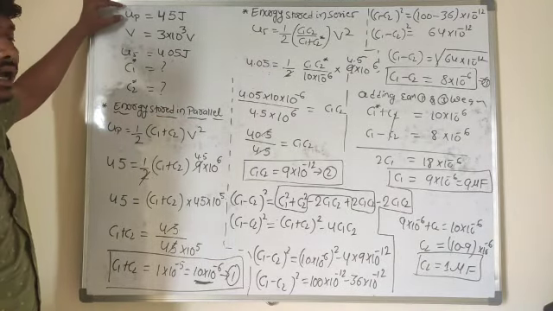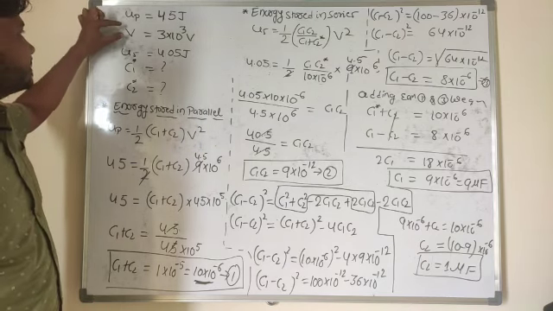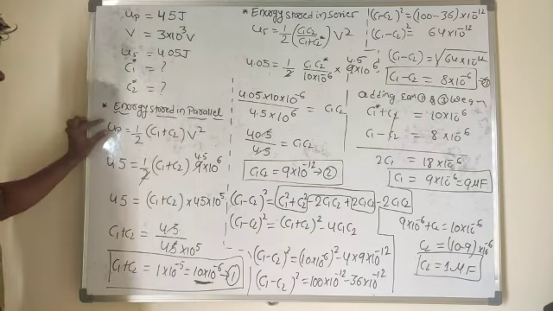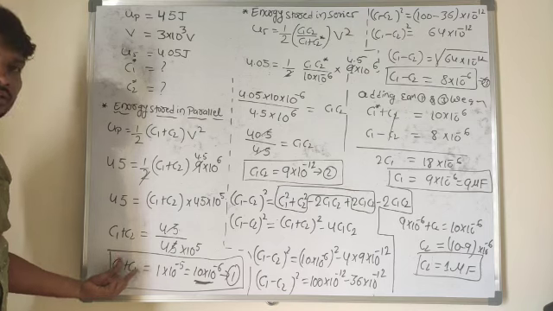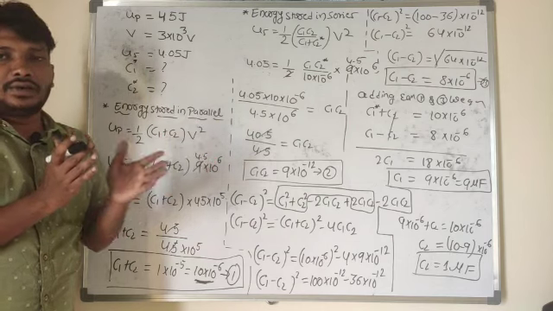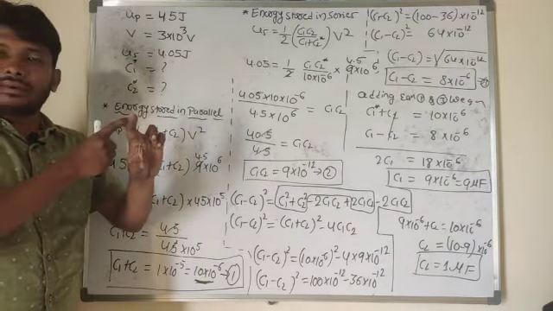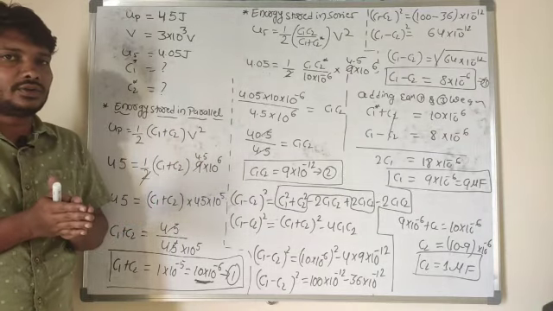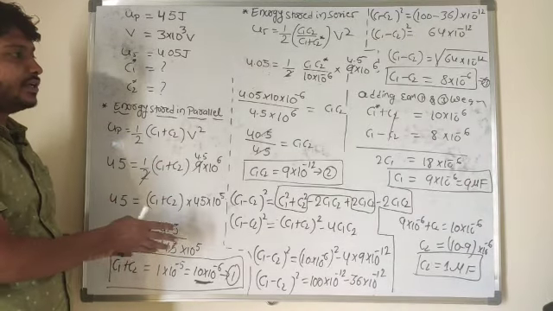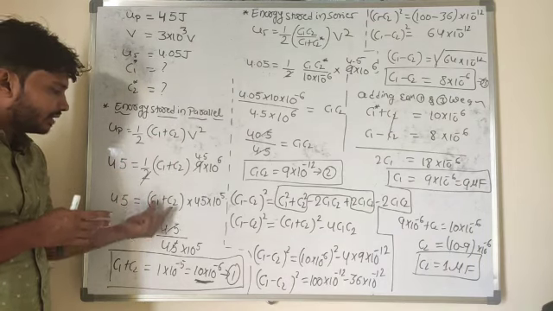So first they mention the energy stored in the parallel case and the energy stored in the series case. For both cases they are given a common potential, so the same potential value. First I can calculate C1 plus C2 value from this equation. So remember one point here. In this situation, if they ask to find the individual capacitance, if you know the C1 plus C2 value and C1 minus C2 value, easily I can calculate the individual values. First you have to look at how to calculate that C1 plus C2 value. So this is the formula. From this one I got that C1 plus C2.